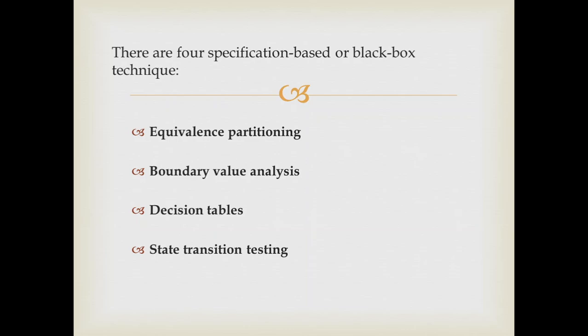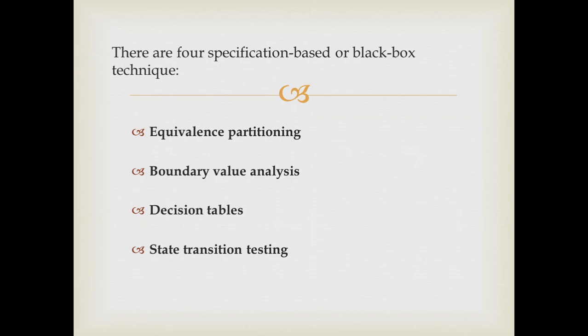To put it in simple words, take Google. In Google you're trying to search for a term. Say you put in flowers and give a search. When you hit search, flowers related news, flowers related information and images should be loaded. We are not expecting anything apart from flowers. As a black box tester, your only worry is to check whether the flowers images are coming up and the flowers news are coming up, right?